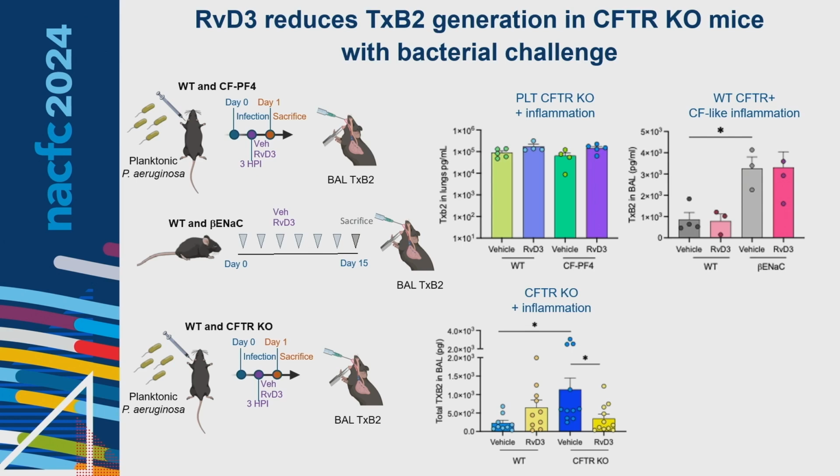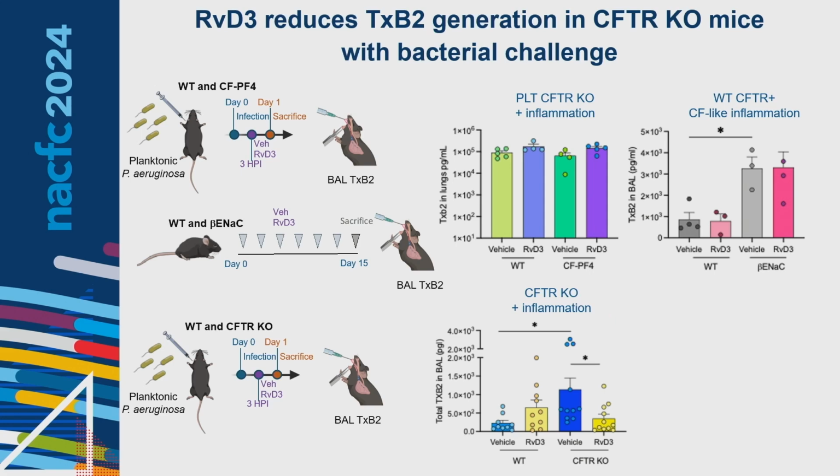Conversely, resolvin D3 was able to reduce thromboxane B2 release, so platelet activation, in CFTR KO mice after a bacterial challenge. Therefore, collectively, we believe that these results indicate that resolvin D3 is able to reduce platelet activation due both to CF-like inflammation and to CFTR defects